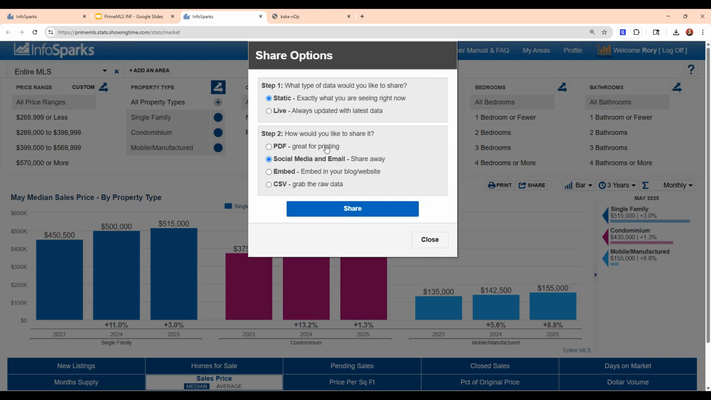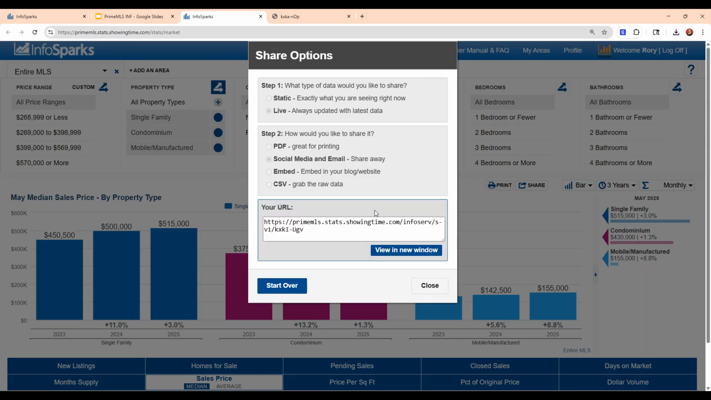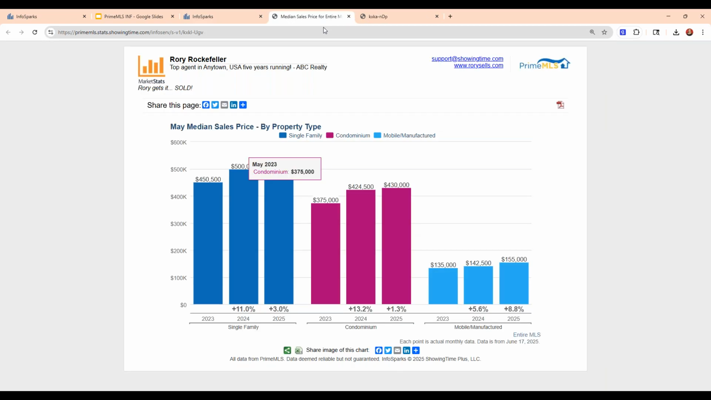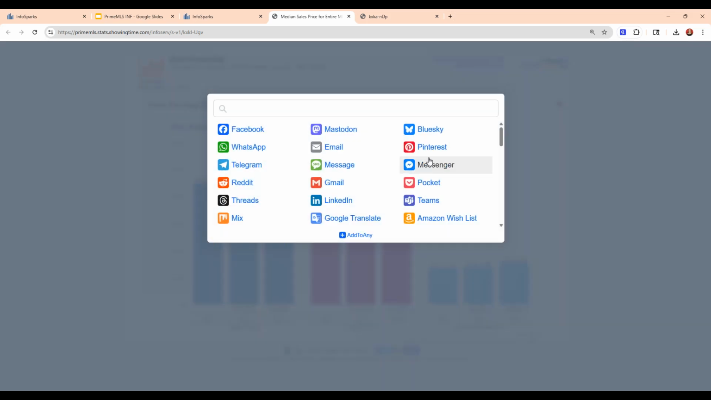Now, finally, social media and email, which is again the most popular way, is going to provide a URL that you can share with anybody. And if you click view a new window, this is what it's going to look like. Now, this, on the other hand, compared to PDF, is interactive. So you're going to be able to hover your mouse cursor over it. Anybody that sees it can do this. They're going to see your branding at the top, and you're also going to be able to share it out on Facebook, Twitter, LinkedIn. This little plus